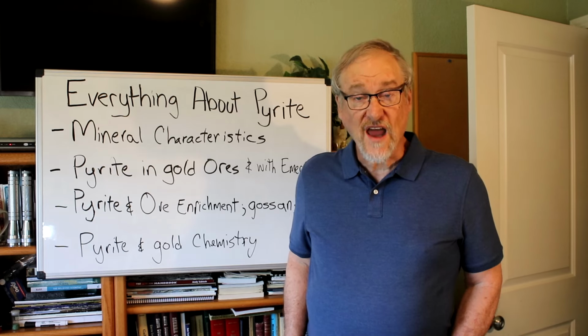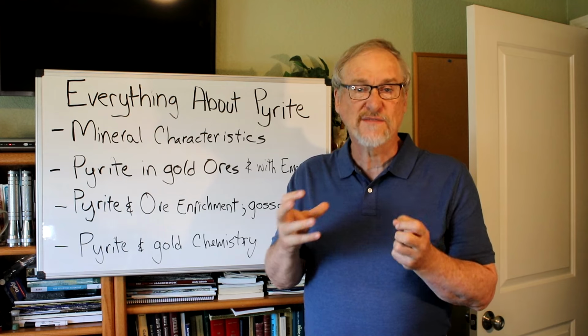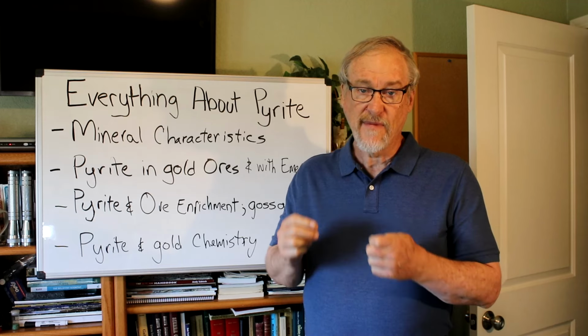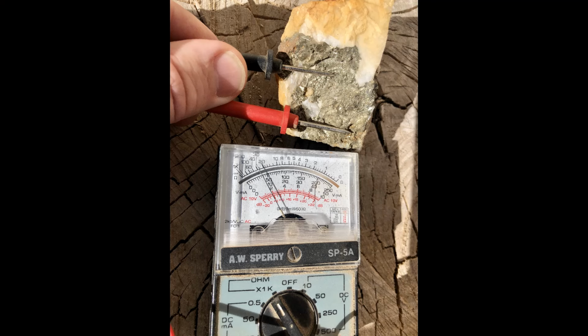Pyrite can be a good conductor of electricity, and how good a conductor it actually is depends on the trace minerals that are in it. It may even respond on a metal detector. Let me show you a picture. This is a test of the conductivity of some pyrite on a piece of quartz using a voltmeter. You can see the pyrite does conduct a little bit of electricity. It's not a good conductor, but it's conductive enough that in some circumstances, some pyrite on very sensitive metal detectors